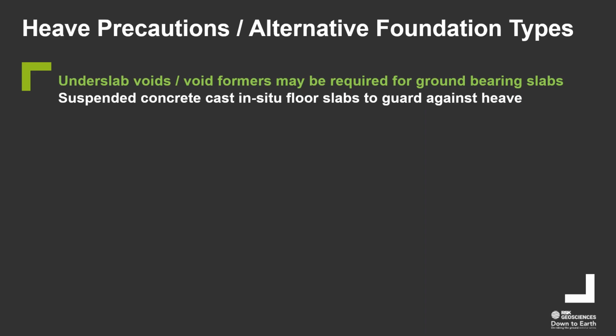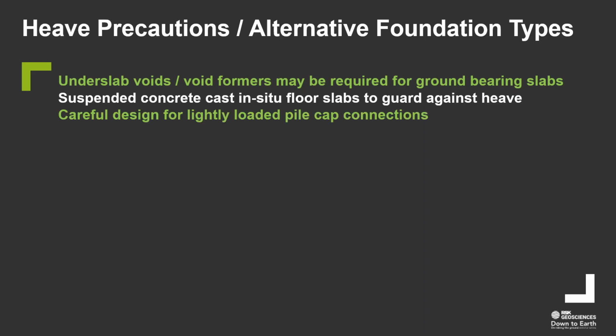And of course, suspended concrete cast in situ floor slabs depend on how you form the suspended floor slab as to whether or not you have to use particular products that will give you that void space. So collapsible materials below to ensure you do get the required minimum floor void,